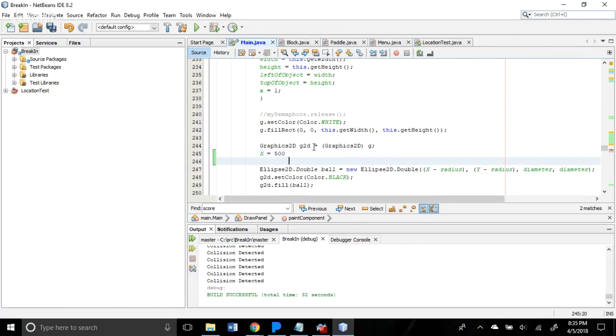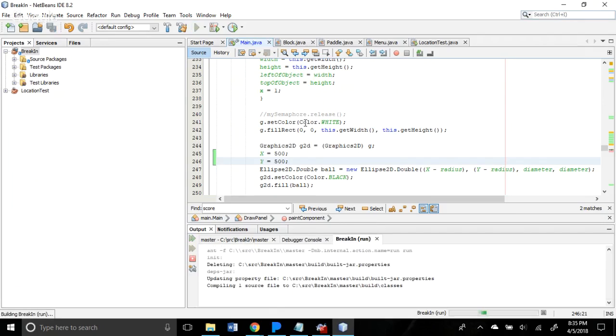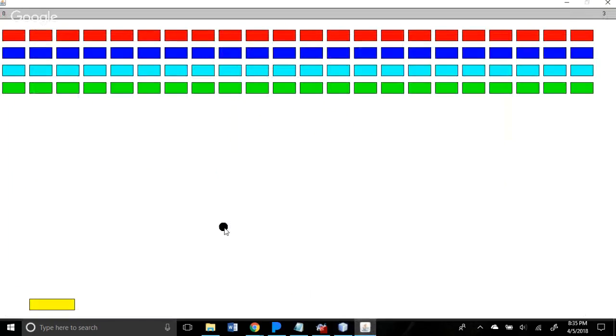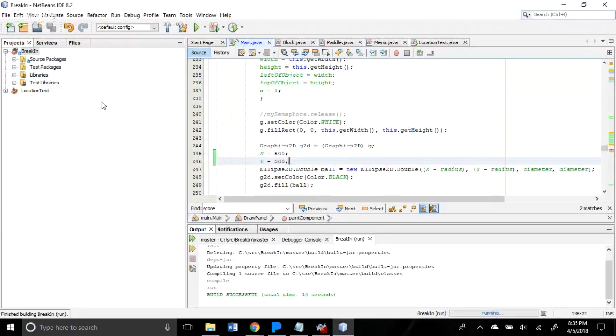Now, of course, I don't expect the ball to move now, but if we run this, we expect it to be at 500, 500, and no matter what the update is, it's going to draw it there. Just want to make sure we have control over that. Okay, so there we go. All right, so go ahead and close that. We do know that those variables are